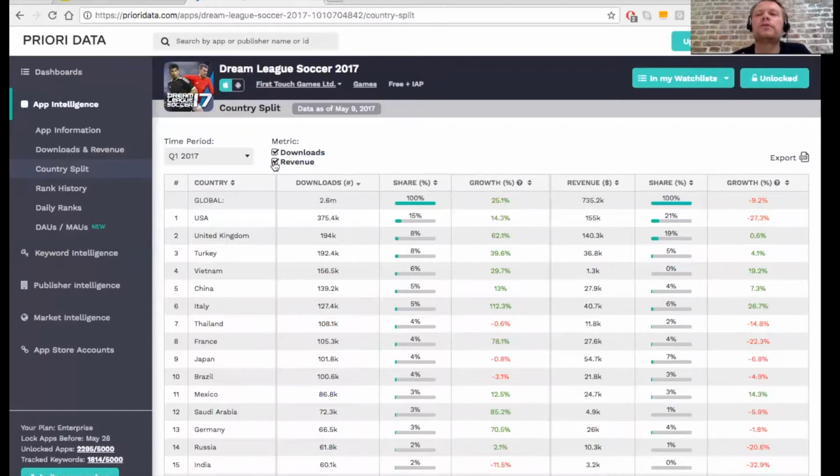And one concrete tip, if you will. So say that I'm a competitor to Dream League Soccer. One of the things that is really hard to come by in terms of intelligence on apps is market share, because most of our competitors as well are tiering on markets. So you'll only have a brief, small snapshot of information on where they're performing really well. Here you have the full overview, and one of the exercises you would definitely want to do is figure out,